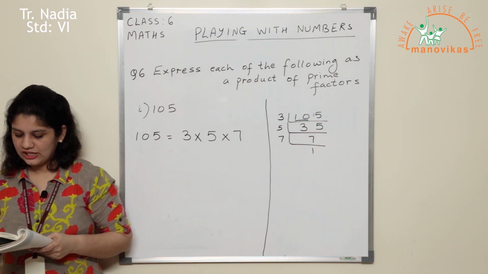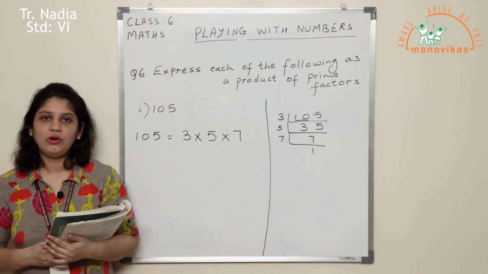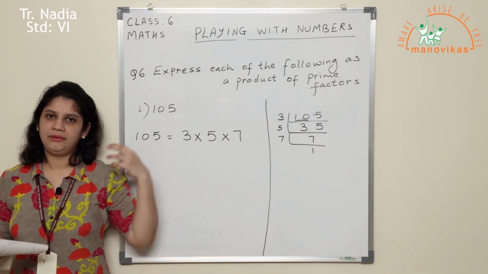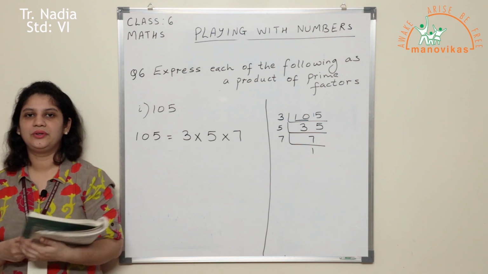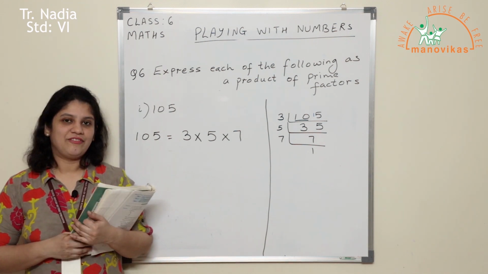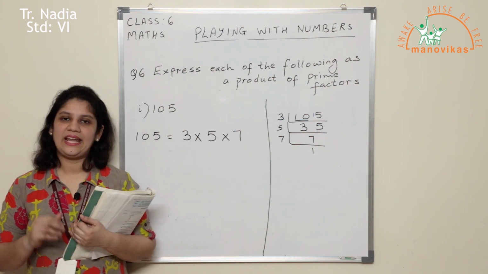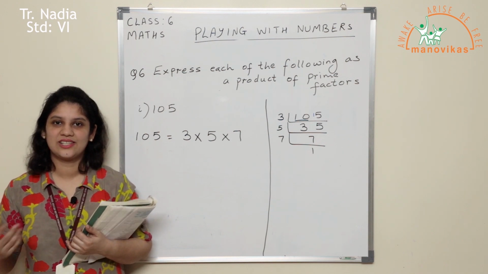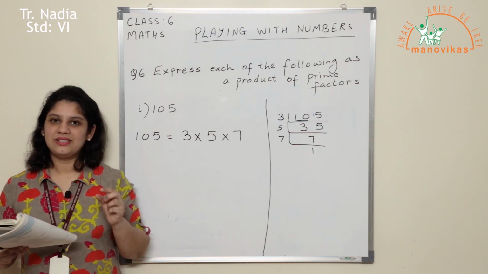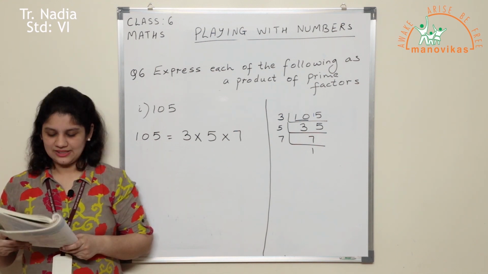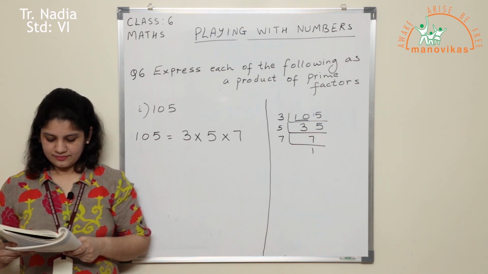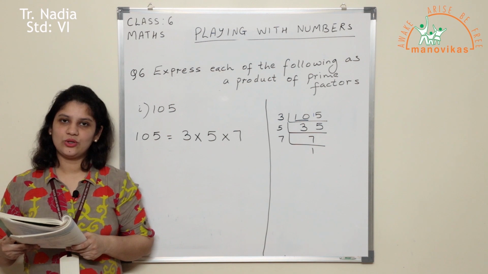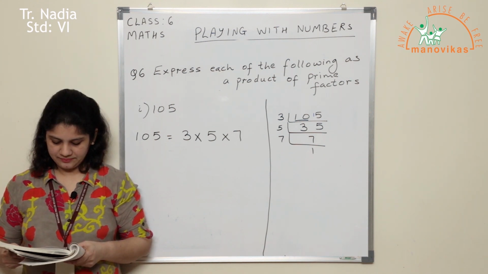Then the second one, dash is a multiple of every number. Now what do you feel is a multiple of every number? Which number will come in every table? Be it the 2 table, 3 table, 4 table. Which number do you feel will come in every table? Very good. It is the digit 0. In every table you will get the digit 0. I can say 2 zeros are 0, 3 zeros are 0, 4 zeros are 0. So in every table the number 0 will come if you begin with the 0 table. So I can say 0 is a multiple of every number.